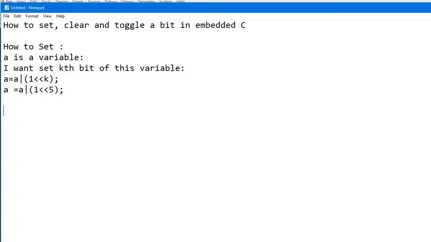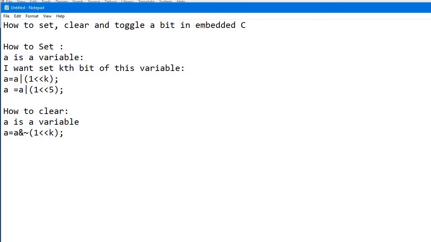In the same way, now I want to clear. How to clear? Again a is a variable, and I want to clear a particular bit, let's say the kth bit. So a equals a AND complement of one left shift k.